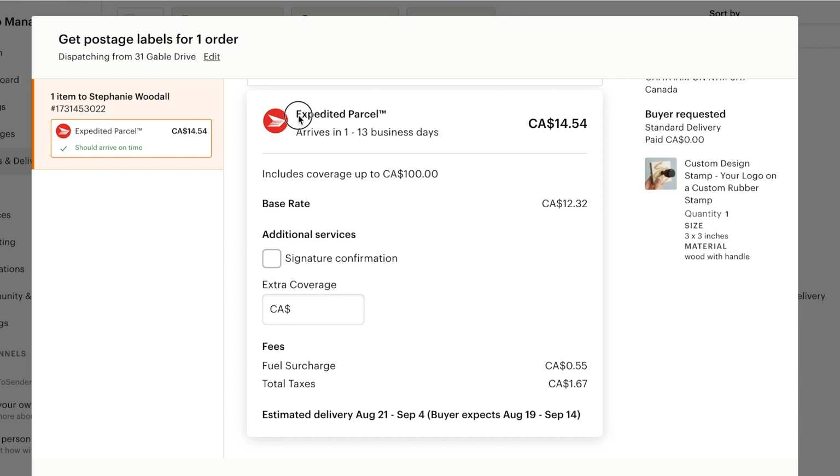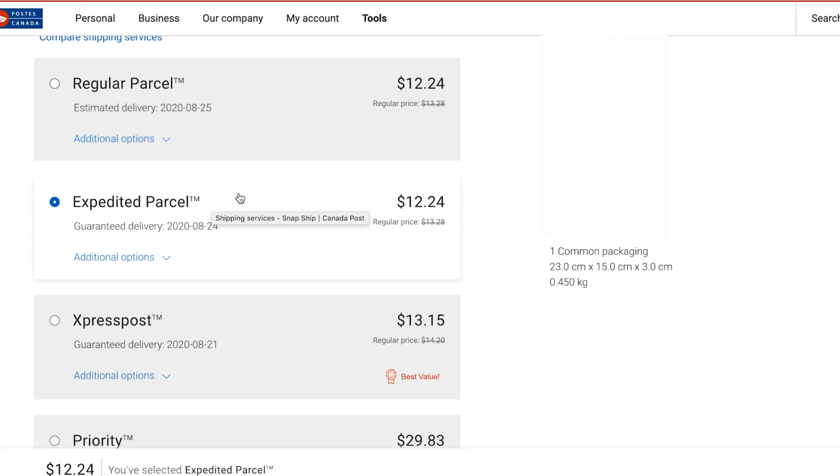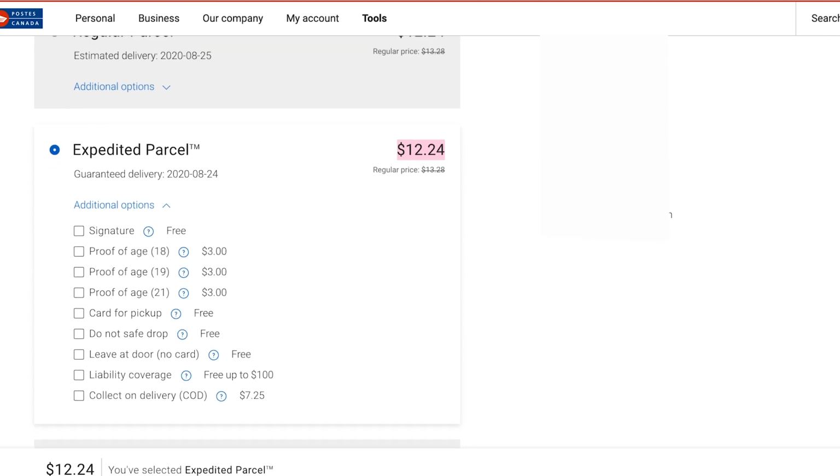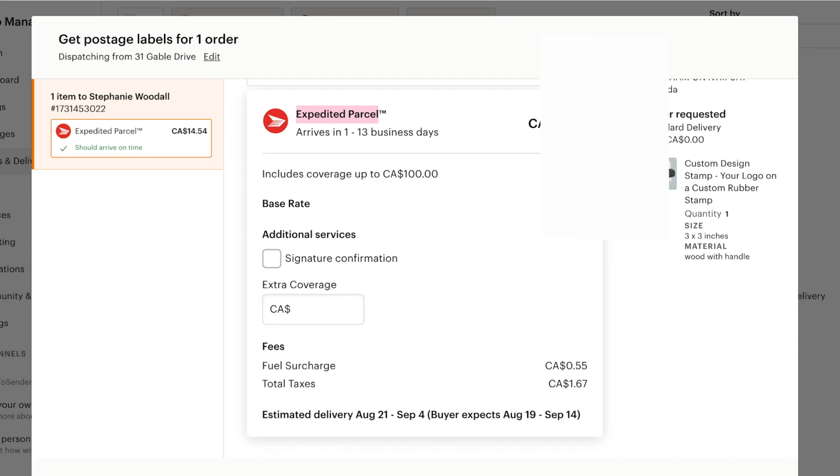And they're both using the same expedited parcel, so it's the same time frame. The taxes are after this, so obviously if the dollar amount is slightly more, the taxes would be slightly more. So it is slightly cheaper if you do it from the Canada Post website rather than from the Etsy website. As you can see, it really depends on what's most convenient for you, because if it's hard to get out